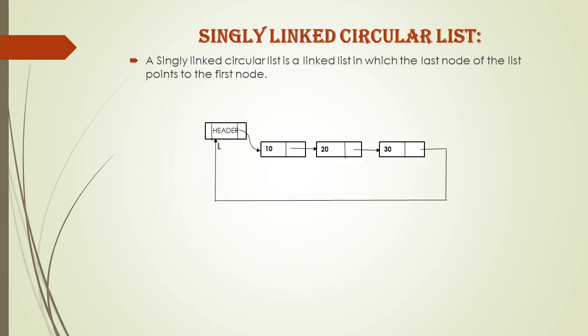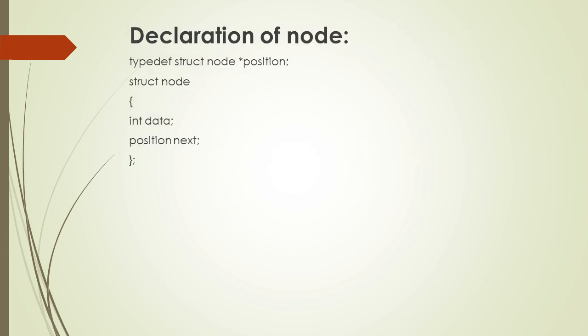Singly linked circular list. A singly linked list is a linked list in which the last node of the list points to the first node. In the singly linked list, a node will travel only in the forward direction and the last node will point to the first node. Declaration of a node: typedef struct node *position; struct node { int data; position next; };